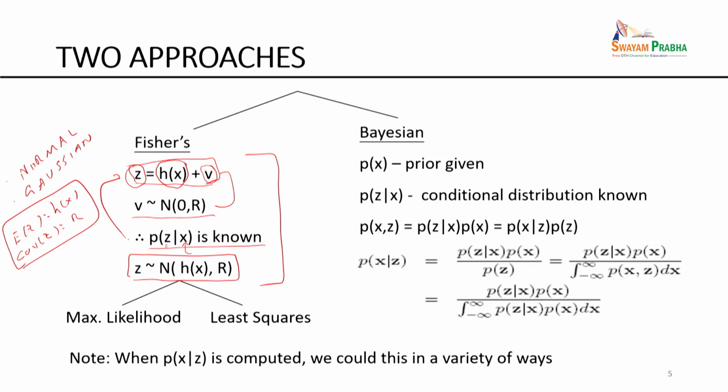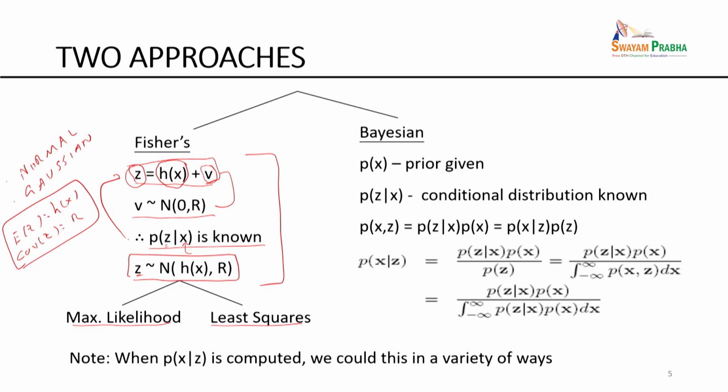Given z, I would like to be able to estimate x. There are two ways of doing it. One is called the maximum likelihood method, another is called statistical least squares. We are going to talk about these two. Deterministic least squares is what we indulged in the previous modules. Now we are going to be talking about statistical least squares, which runs parallel to the deterministic theory.